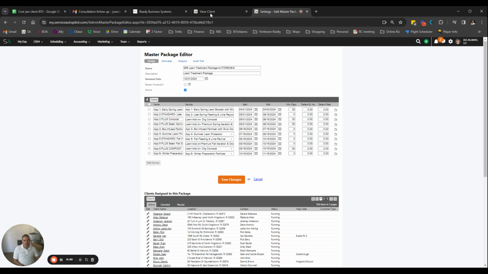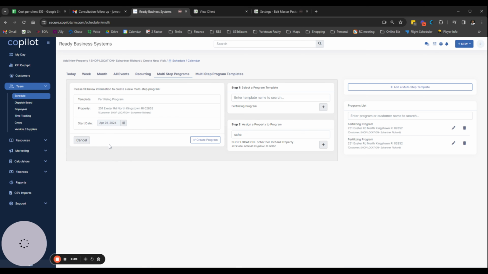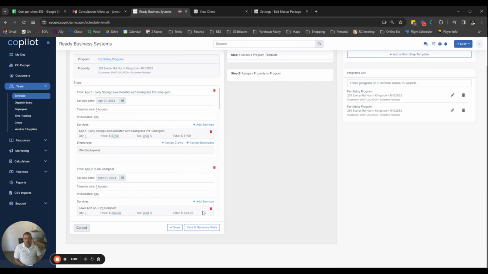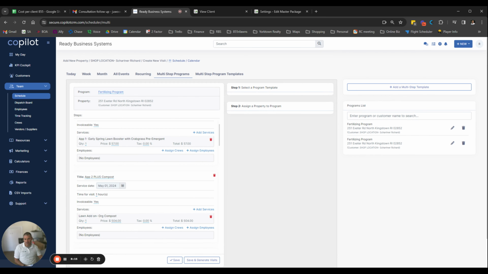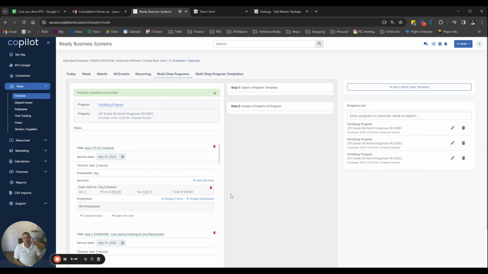So April 1st is going to be our first application here. So I'm going to pick April 1st. I'm going to hit Create Program. And then you can just verify here for this client. It's going to pre-populate, see April 1st, May 1st, etc. like I said, and we're going to do Save and Generate Visits. So now if we go back to the Shartners here,